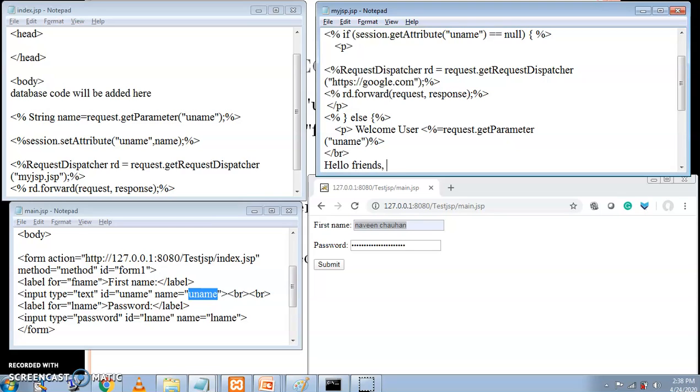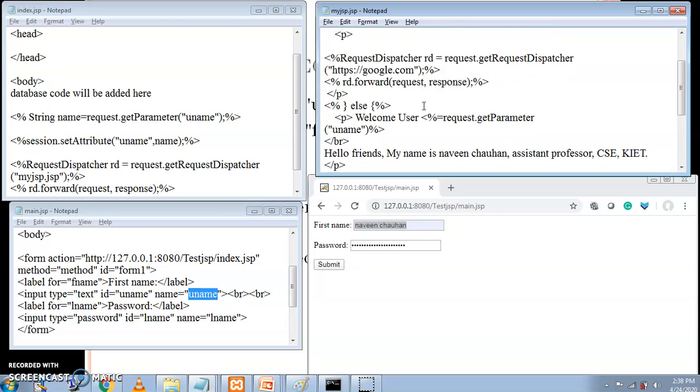Hello friends, so my name is Naveen Chauhan, Assistant Professor, CSE KIET. Right, so I'm using this particular